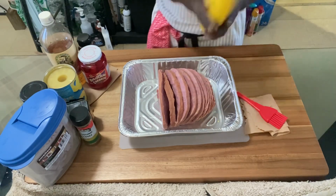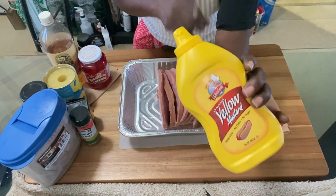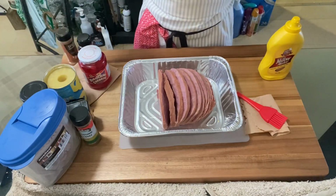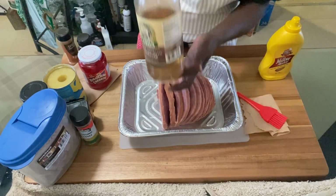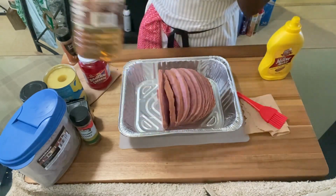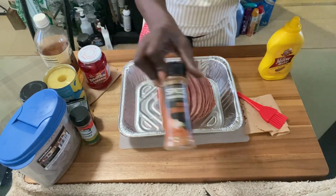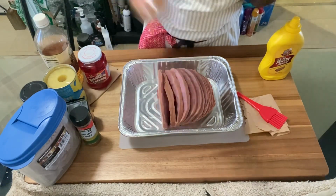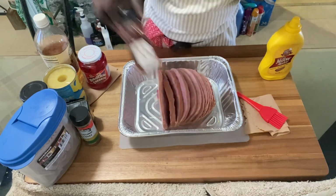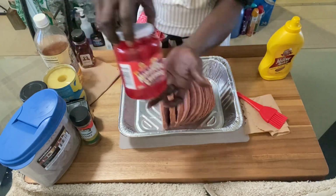I'm going to be using some yellow mustard today. You can use any kind of mustard you want. I'm just going to use the regular mustard, what I have on hand. I'm also going to be using some of this apple cider vinegar. Use the apple cider, not the white distilled, all right? Apple cider, all right? We're going to be using some ground cinnamon, some honey, some maraschino cherries,